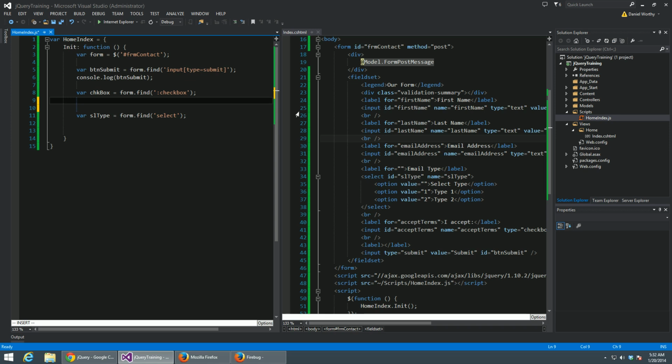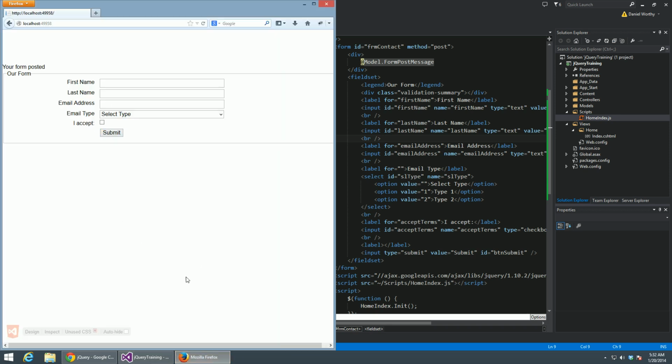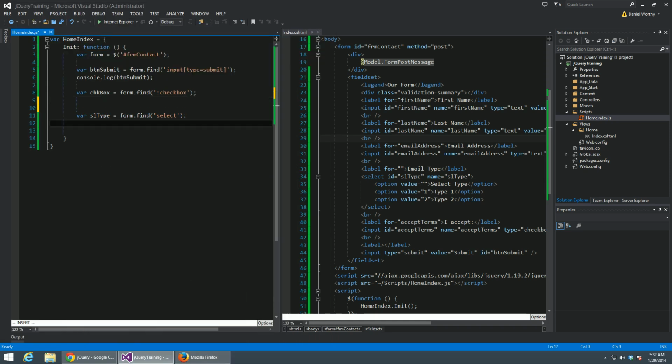So to wire up some of the items on our form, anytime you click our submit button, right now it's automatically going to post back, and so we're going to implement something to prevent that. We're also going to show you some of the different types of events that you can bind to and the different methods for binding to it. To take care of our submit button first, we're going to just use the simple bind on click